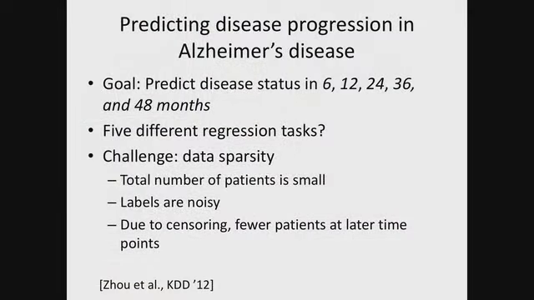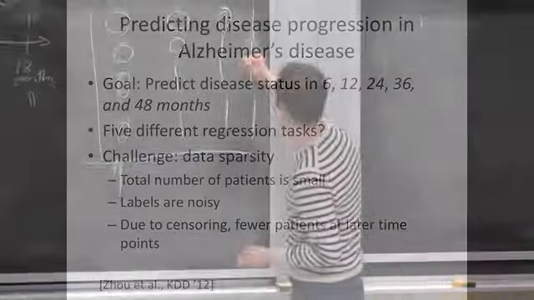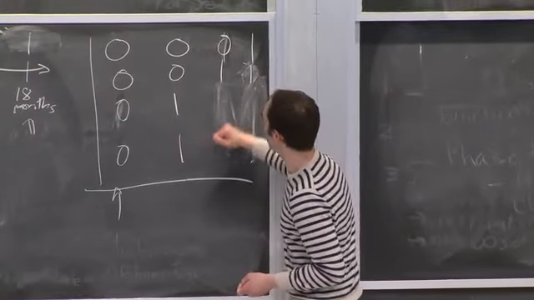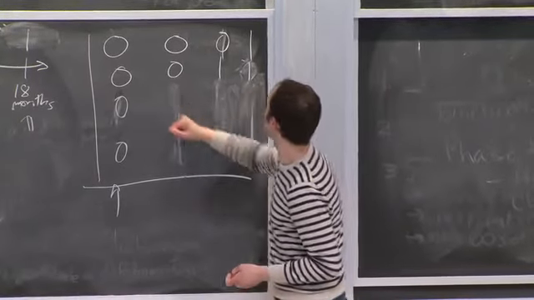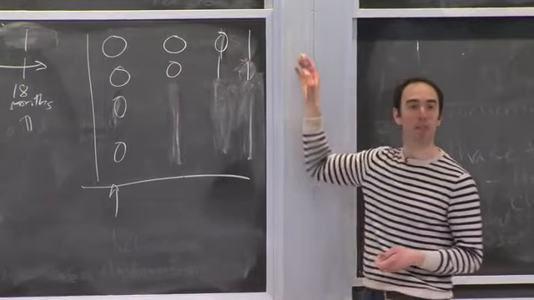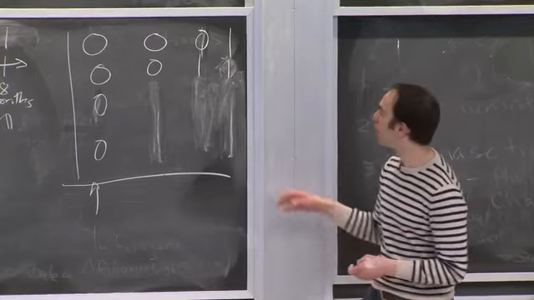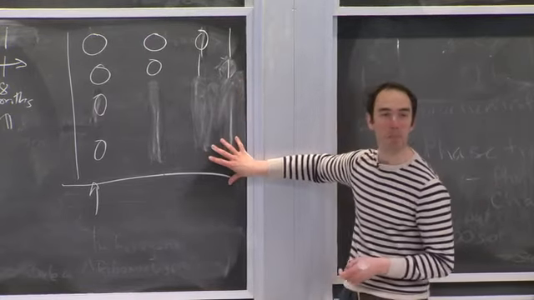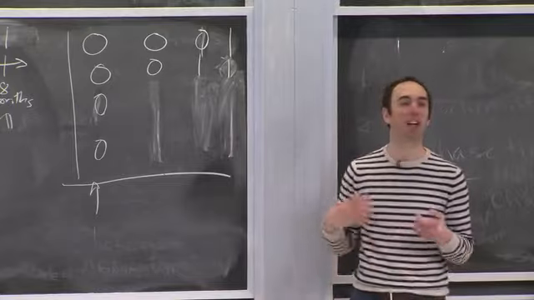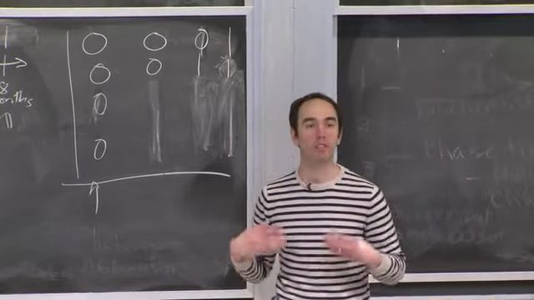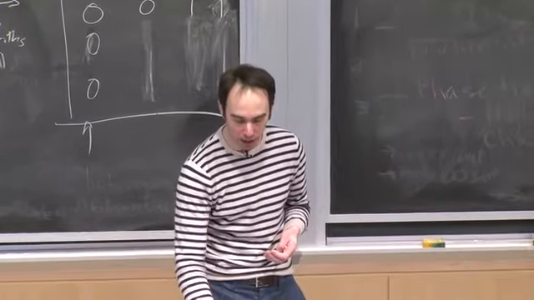And the final problem is that there might be censoring. So the actual data might look like this. Right, so we might not only wait for very much later time points, we might have many fewer observations. And so if you were to just use those later time points to learn your predictive model, you just might not have enough data. Right, so those are all different challenges that we're going to attempt to solve using a